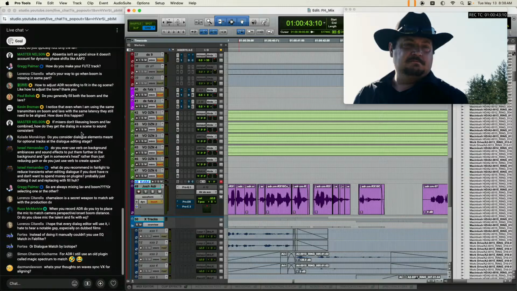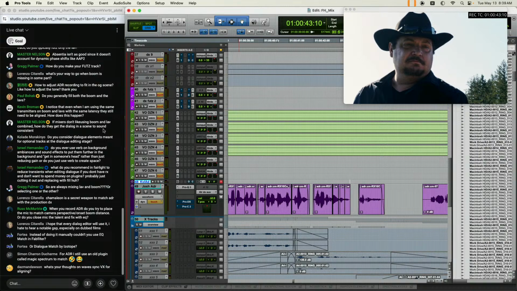So they're always going to be a little bit different. And the other thing, like I said, is phase. But those discrepancies aren't static, they're dynamic. The microphone's changing position, the talent's changing position, so they're always going to be out as far as phase and alignment. Okay, so good question.